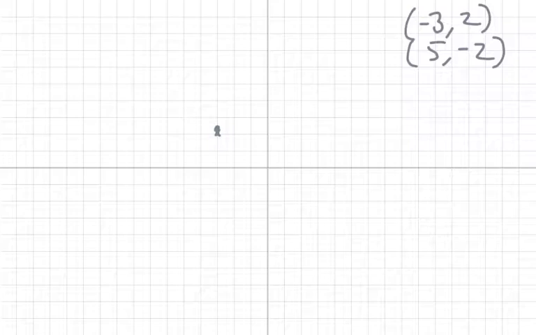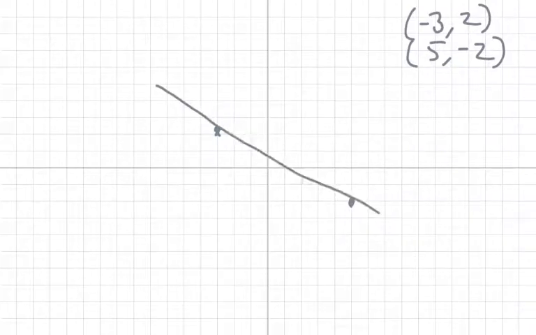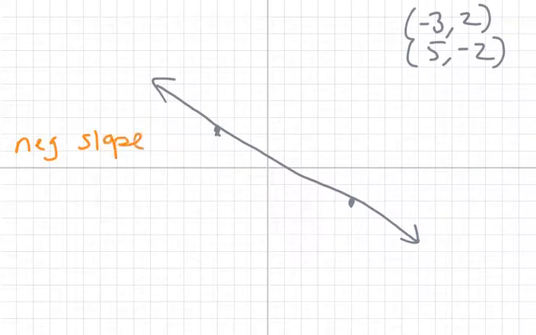And then 5, negative 2, 1, 2, 3, 4, 5, negative 2 right here. Okay, and so here we go. A couple things I know about this line. I know that it has negative slope. So when I do my slope calculation, and it looks like the y-intercept,